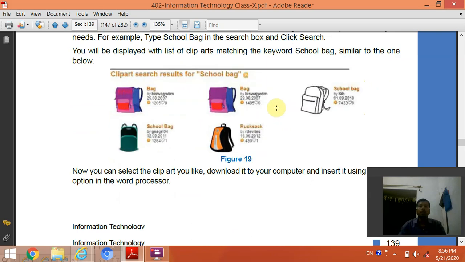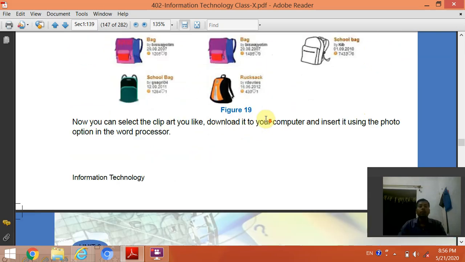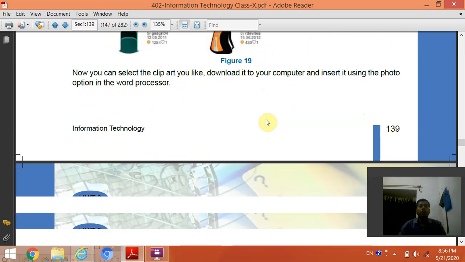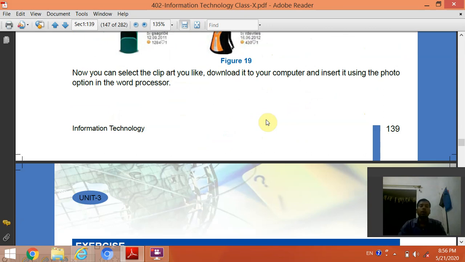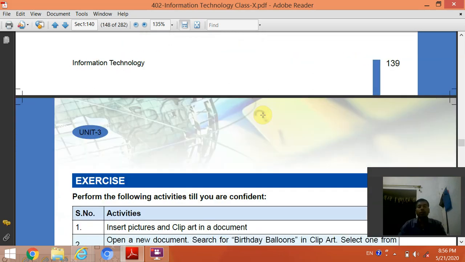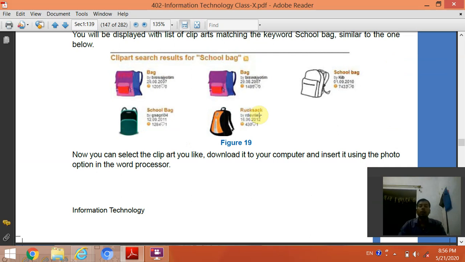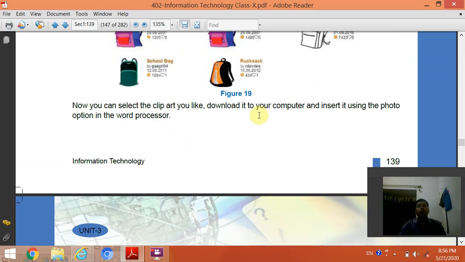When you press the enter key, a lot of pictures will be shown on your screen. Now you can select the clip art you like, download it to your computer and insert it using the picture options in the word processor. After downloading, you can insert these clip art pictures in your Word documents for designing your letters.